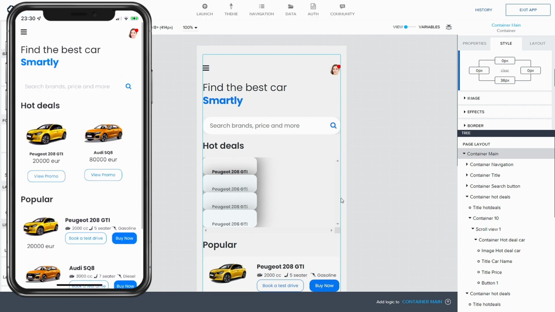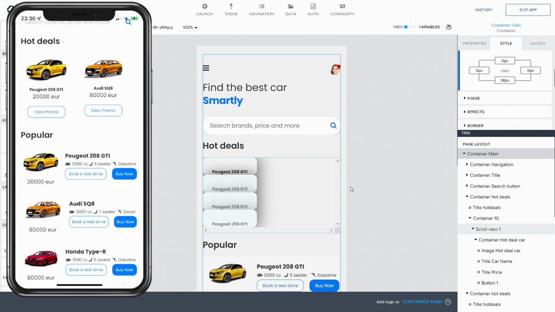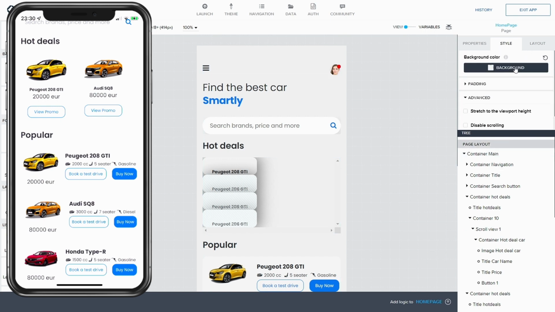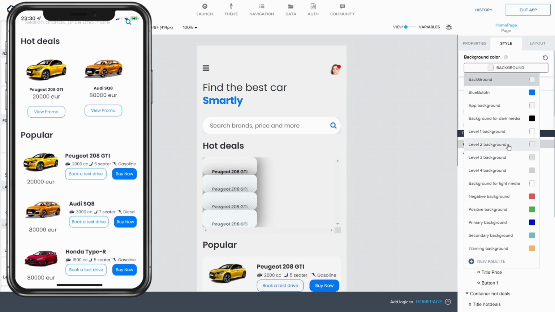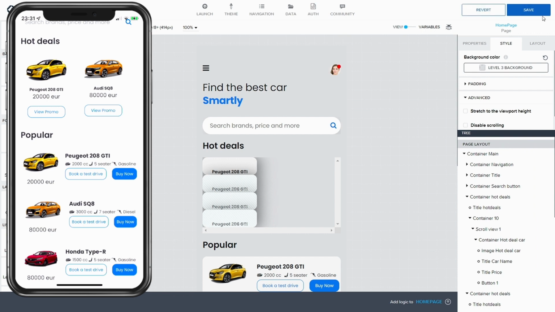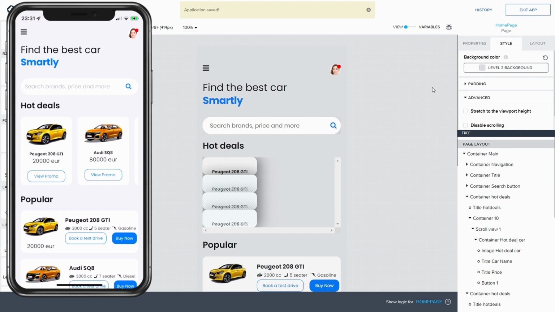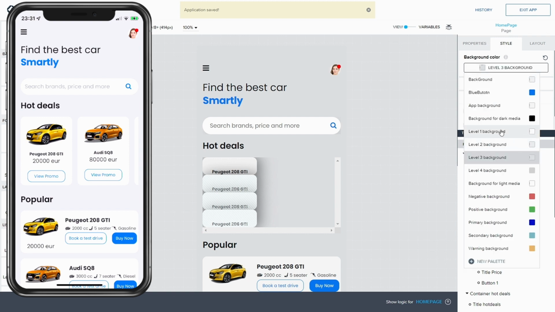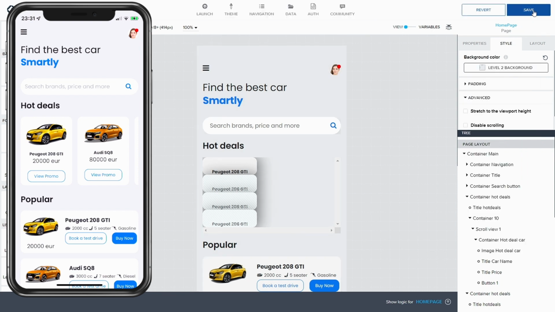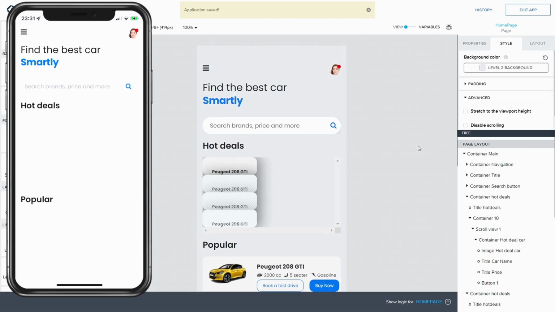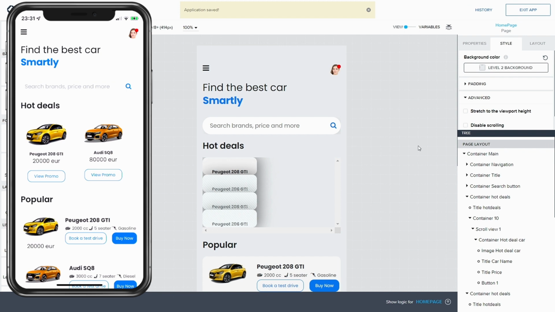So let's do the page layout. I think that's 2. That's better. Okay. So yeah, I think we have my whole